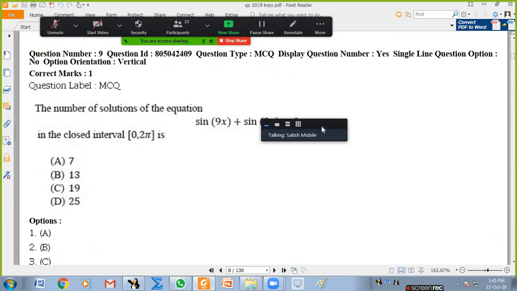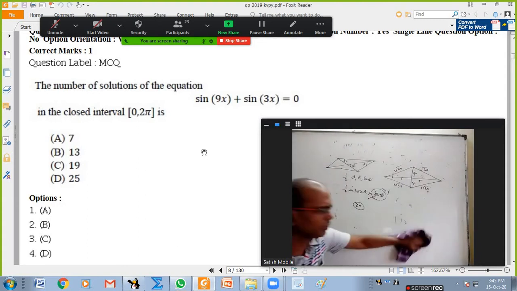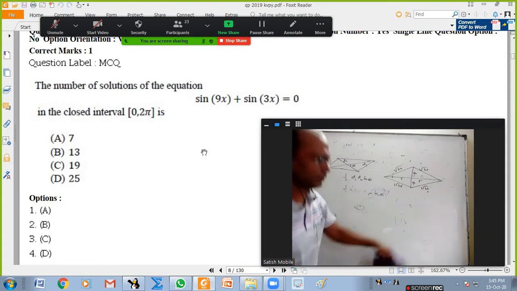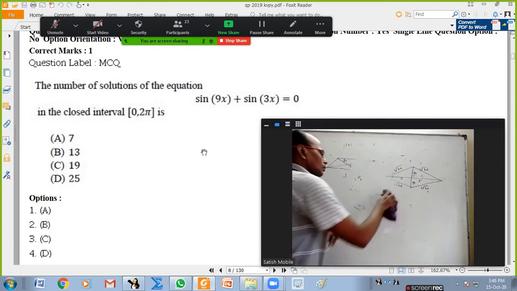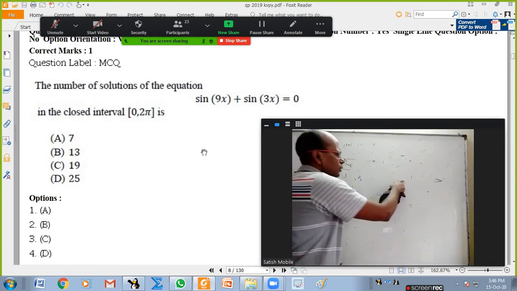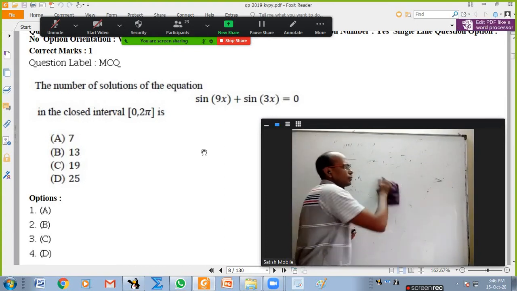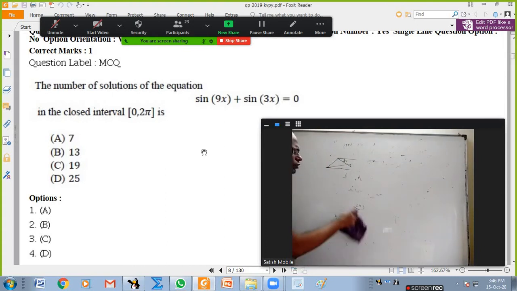Okay, 9th one. I can expand sine 3x that side and then manage, but if you apply transformations, it is easier. So this is not root 29, sorry, I wrote it wrong. 25 plus 16 will be root 41. So what I wrote is not root 29 in the previous one. Root 41, 4 root 41.